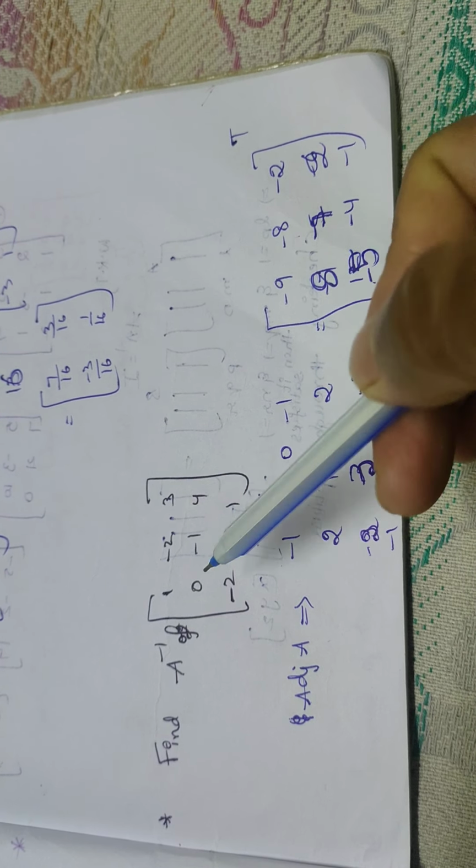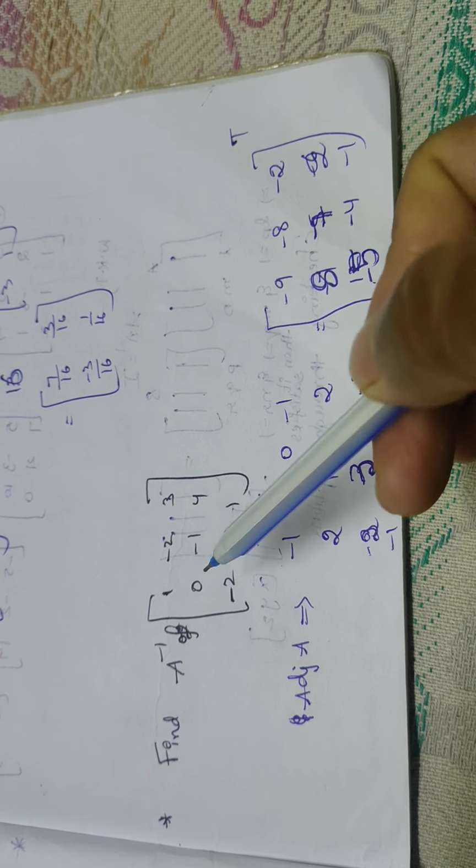Next one, properties of the inverse matrix. A inverse whole inverse gives A only. AB whole inverse is equal to B inverse into A inverse. So reverse, same like AB whole transpose is B transpose into A transpose. Adjoint of AB is adjoint of B into adjoint of A. Same like AB whole inverse is equal to B inverse into A inverse. ABC whole inverse is nothing but C inverse, B inverse, A inverse. Reverse procedure. A transpose whole inverse is nothing but A inverse whole transpose. What you get for A transpose whole inverse, the same thing you get for A inverse whole transpose.